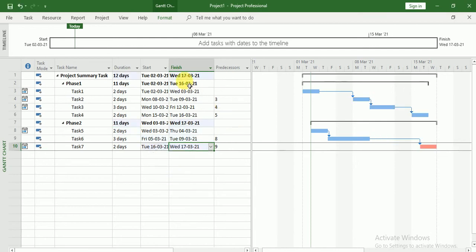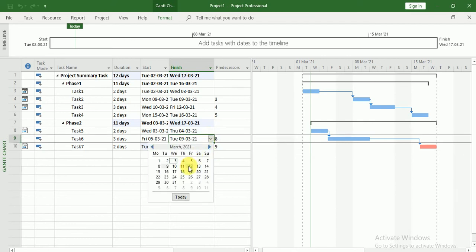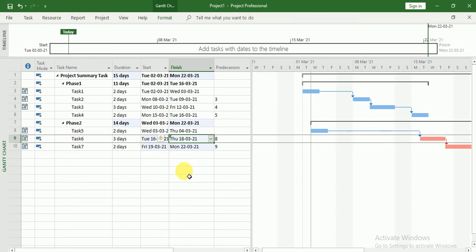Look, my project finish date has changed, and now this task is a critical task. Suppose I change this from 9th to 18th, this task is also a critical task, and now the finish date has changed.